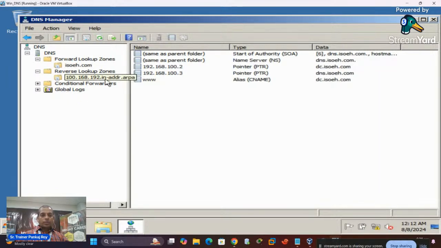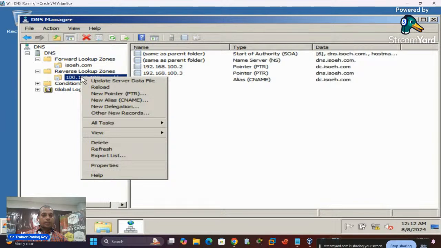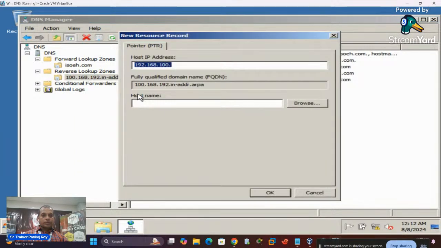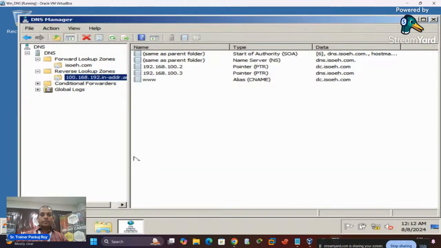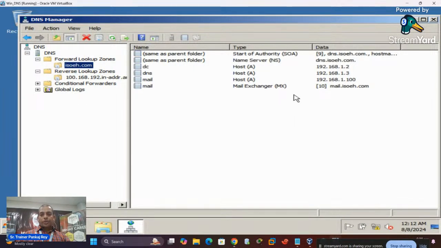So another pointer is only for the host added. So this is my pointer. mail.iswitch.com is an MX record, a host record. Okay, so